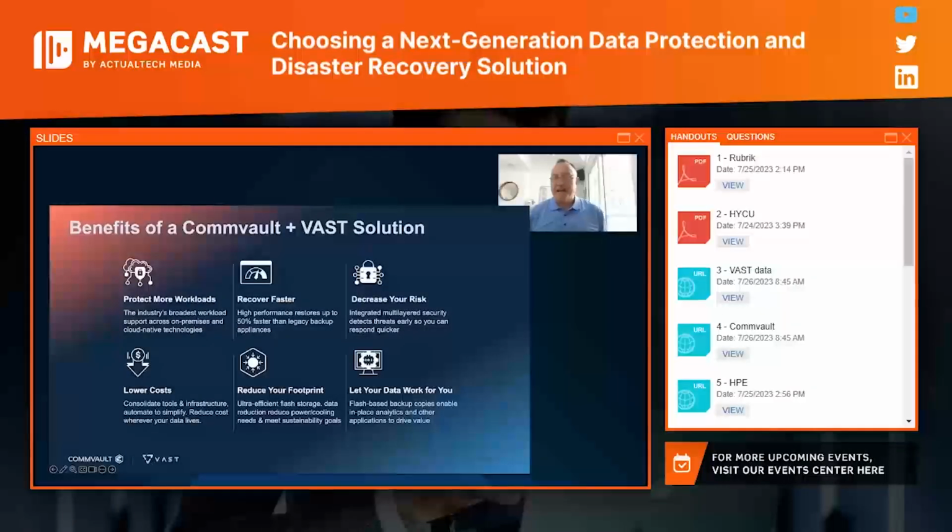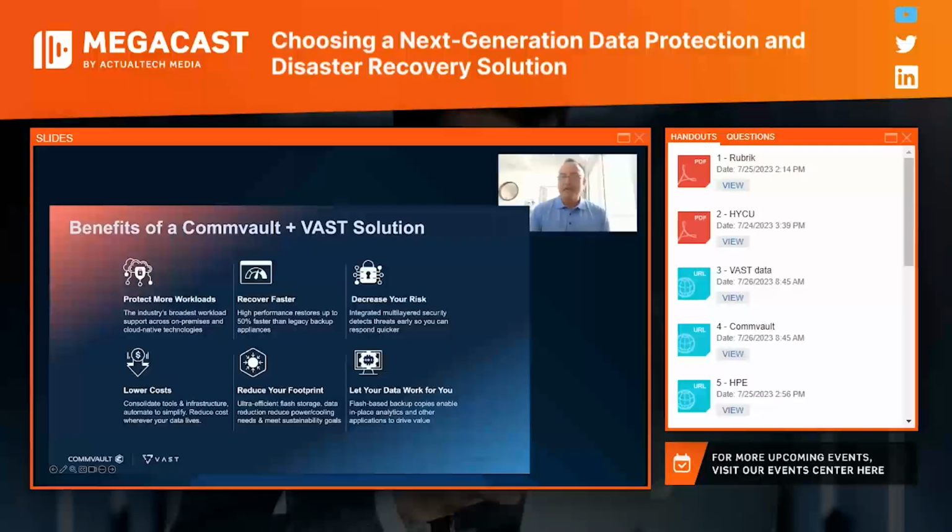Without a doubt. And we do it together without any compromises, right? You talk about recovering faster. We're talking about not just instant recovery or instant access. We're talking about instant operations. The ability, after an event, to almost run operations in an instant format, because now you have a platform that is so highly performant in that environment. And again, without compromise, we're doing it at an archive-like price point, a cloud-like price point.